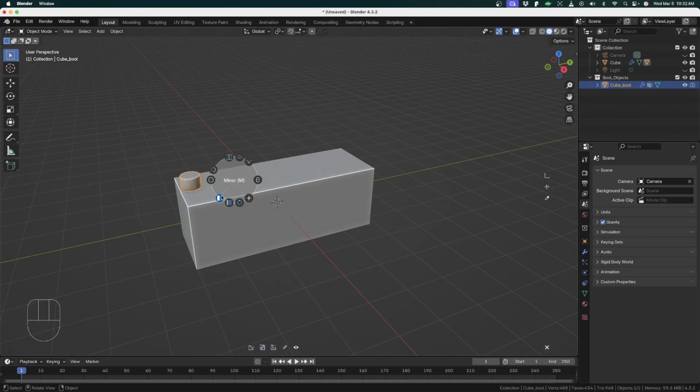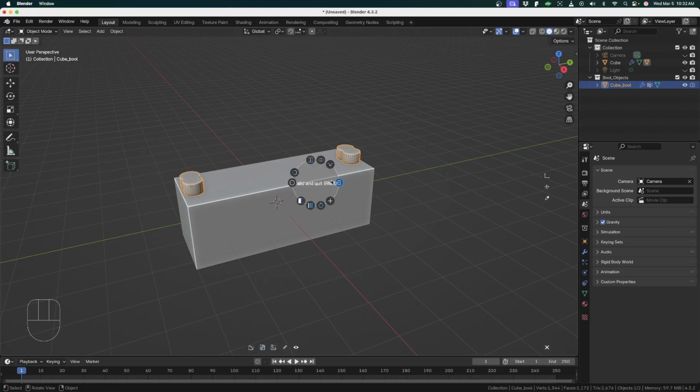Okay, now to create a mirror, we're going to click on the mirror, and then if you wanted another object to be the center of that mirror, you see down here it says set object reference. So if you had something over here, you want it to mirror that object, so it would be rotated or opposite of that origin, that object's origin, you would hit C. But I'm just going to keep it default, which is the object that it's on, and I'm going to hit Y, and I'm going to hit X. So I've got a mirror on the X, and I got a mirror on the Y,